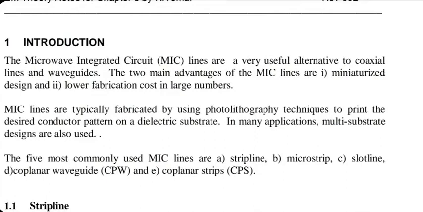Microwave integrated circuit, typically abbreviated as MIC. These kinds of transmission lines are basically an attempt to miniaturize everything at microwave frequencies. And the other advantage that comes out automatically is that if you produce circuits with MIC lines in large numbers using IC fabrication techniques, the cost goes down. Reliability also goes up. Lightweight components are the result.